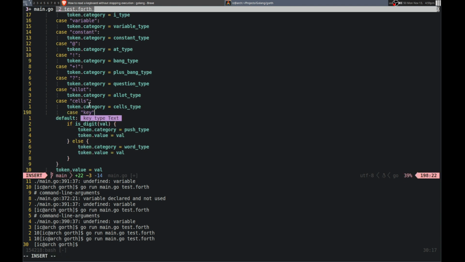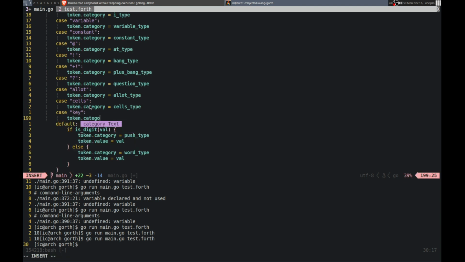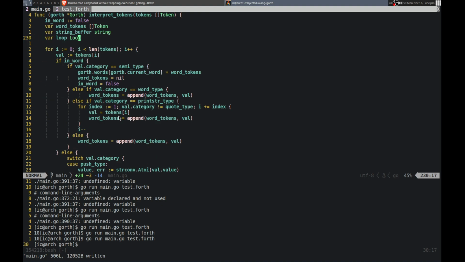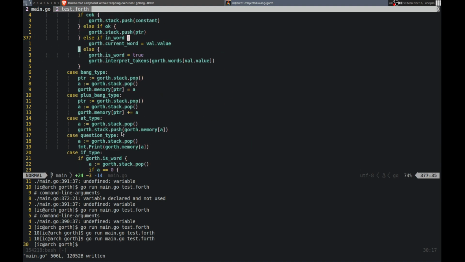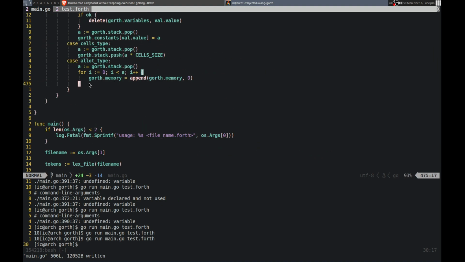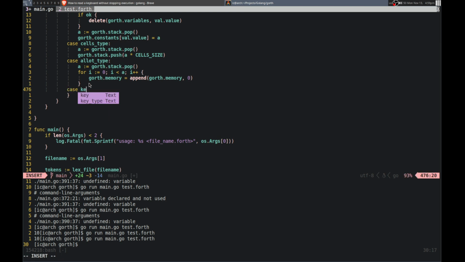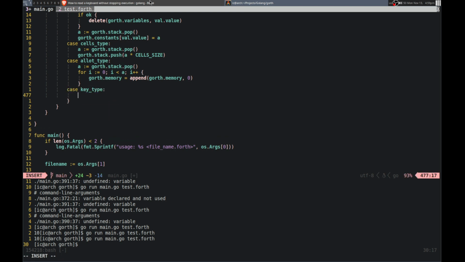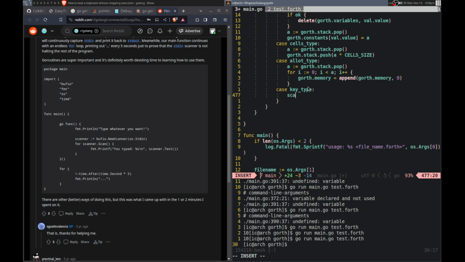It's key, and then token.category equals key type. All right. And then all the way at the bottom, case of key type. So then we will do this stuff and I'll see what happens. So scanner is bufio.NewScanner